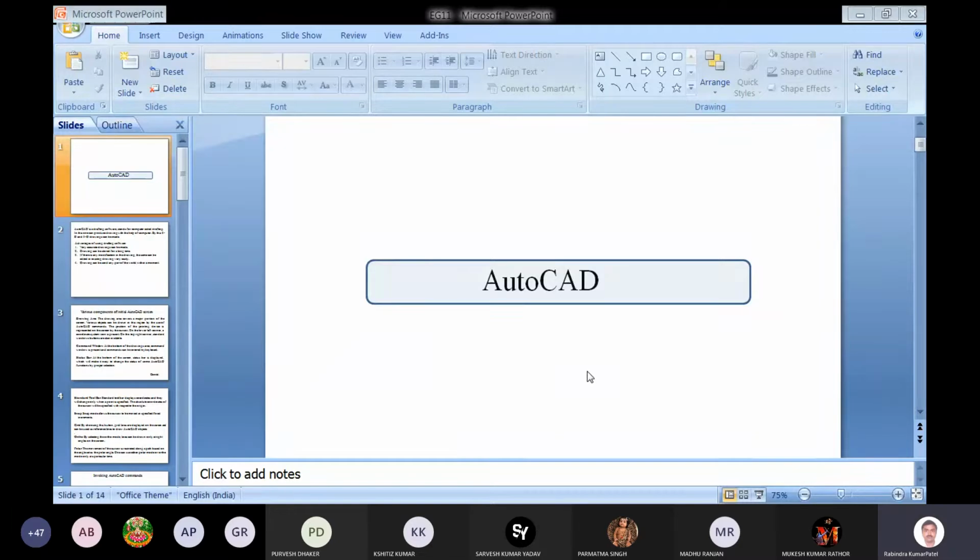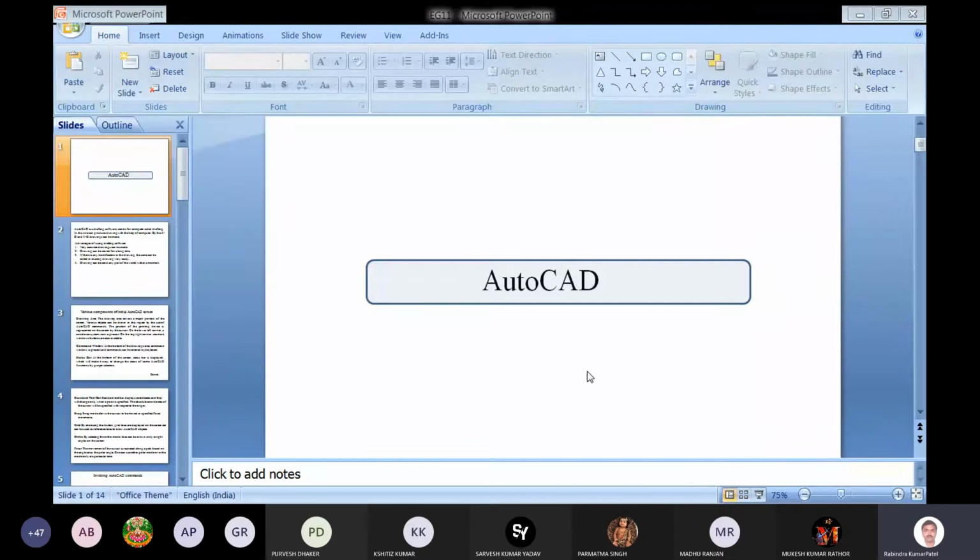So let us start the lecture. In this lecture, we will go through a software demonstration of the introduction of a software that is named AutoCAD. AutoCAD is a computer-aided drafting software. The thing which you draw manually, the same thing can be done on a software. But for that, you have to learn the methods of drawing any object. After learning that, you can draw the same object in the AutoCAD software.